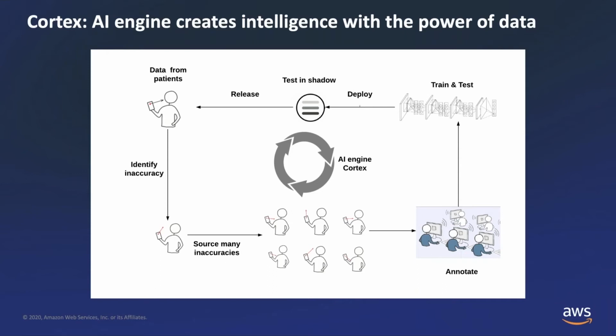At AiCure, we call the engine Cortex. As you can see from the diagram here, the system starts with data collected from patient dosing, which is ETL into our centralized data service. There are tons of triggers built on top of that service, which analyze the data and help us identify inaccuracy